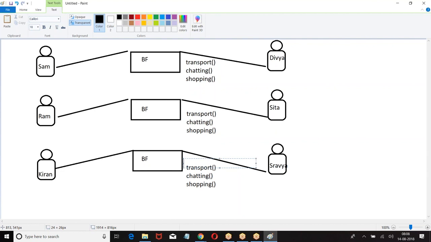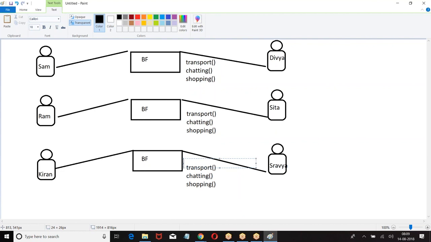Let us say Sham is booking an Ola cab and providing transport. Ram is picking and dropping. Kiran gifted a car. Now all three people provided what? All three provided transportation. But the way you provide it is your choice. It is a must, though, that you provide the service.